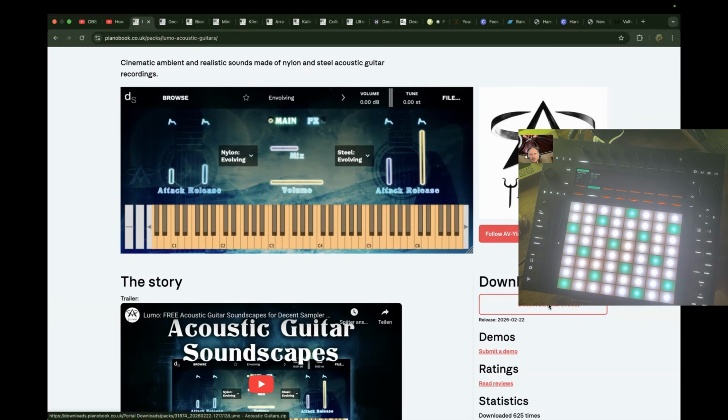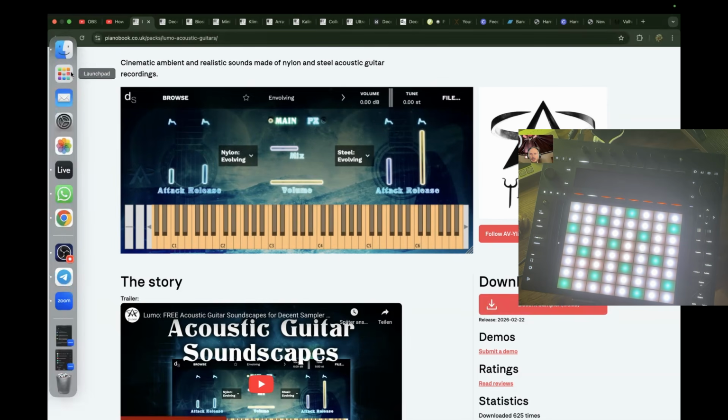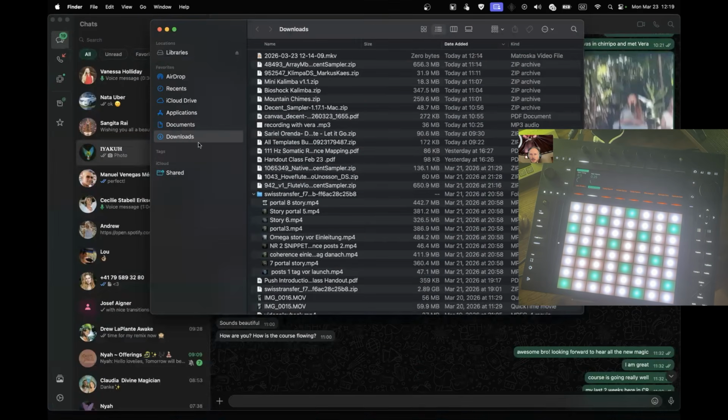This is the library that you download. And then that library goes somewhere. First, it probably goes into your downloads folder, right? Like this one here, like the kalimba or something like that. But then I put it onto my